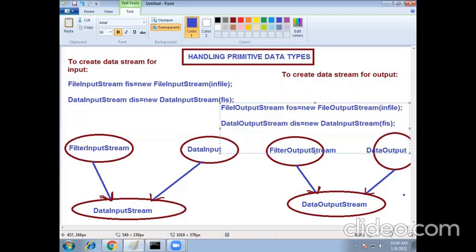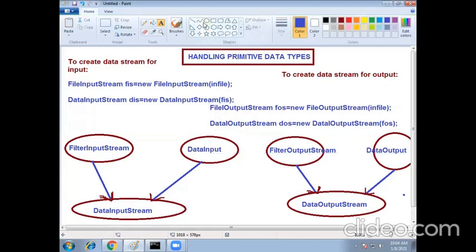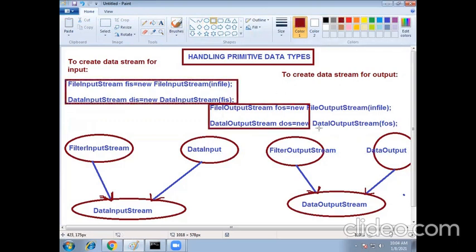This is for data input stream, and this is for data output stream.